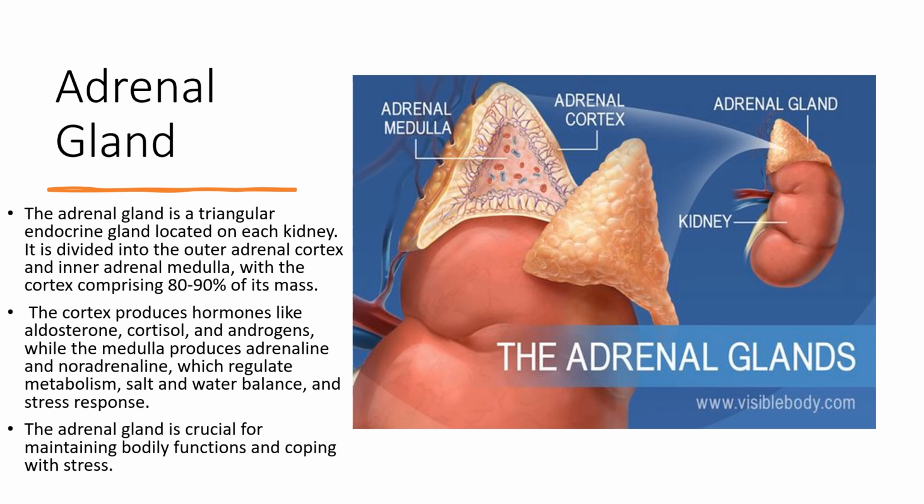The adrenal cortex is the outer layer of the adrenal gland and makes up about 80 to 90% of its total mass. It is divided into three zones, each of which produces different hormones. The outermost zone is the zona glomerulosa, which produces the hormone aldosterone, which helps regulate salt and water balance in